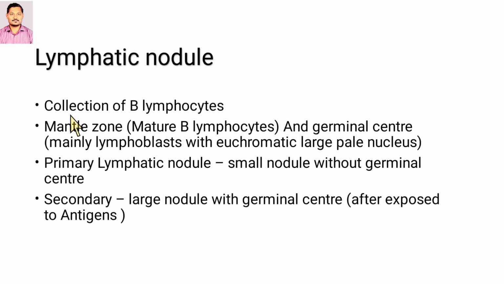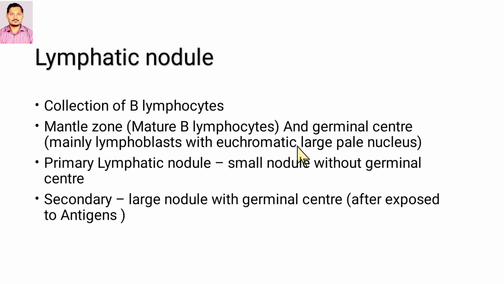So a lymphatic nodule again has a peripheral zone and a central zone. The peripheral zone is also known as the mantle zone that has mature B lymphocytes, where a germinal center is in the center and it contains lymphoblasts, and that is why it shows a euchromatic, large, pale nucleus zone, because it is a highly mitotic zone continuously producing